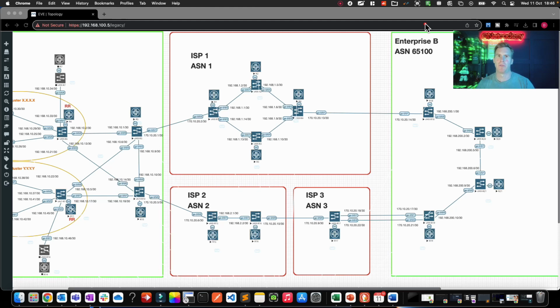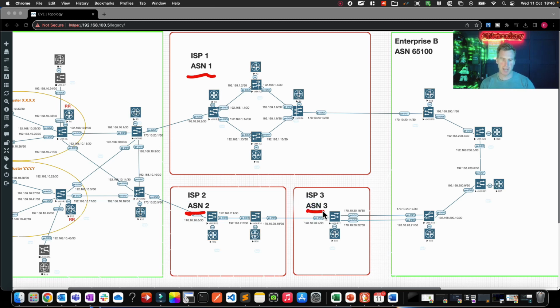And let's now move on to accumulated IGP, or Interior Gateway Protocol. And for me, the name of AIGP really does give it away, because it's an accumulation of the Interior Gateway Protocol's metric. Now this is quite a niche and specific use case, and to actually show this, what I'm going to do is focus in on the service provider networks to try and explain where and why you'd actually use this. So say, just for example, that service provider 1, service provider 2 and service provider 3,